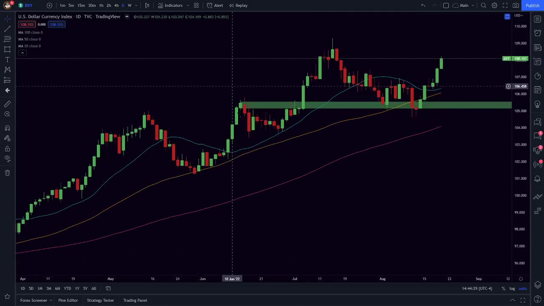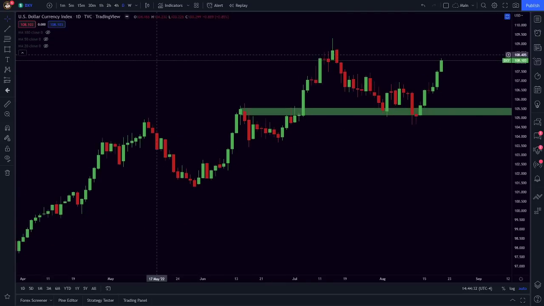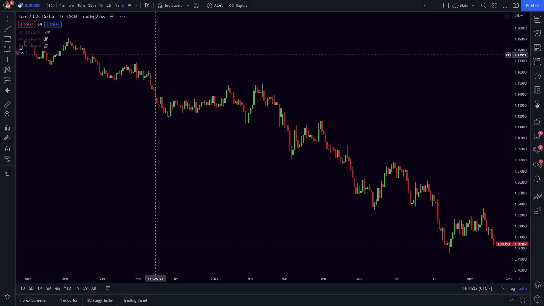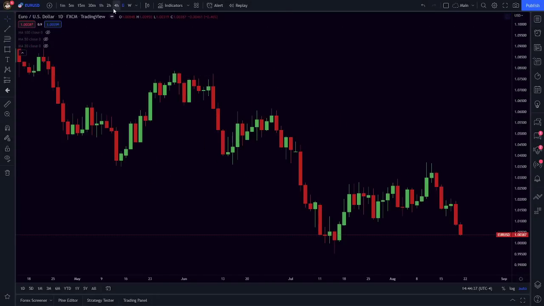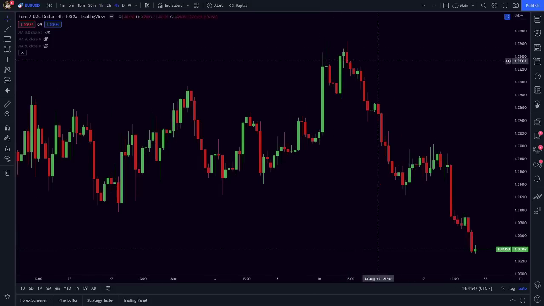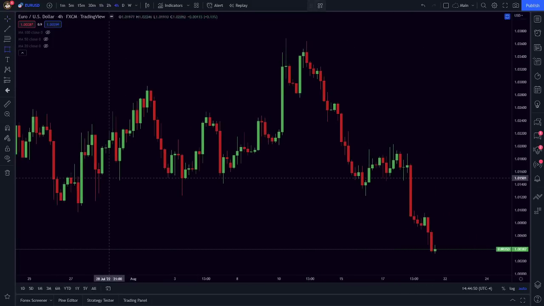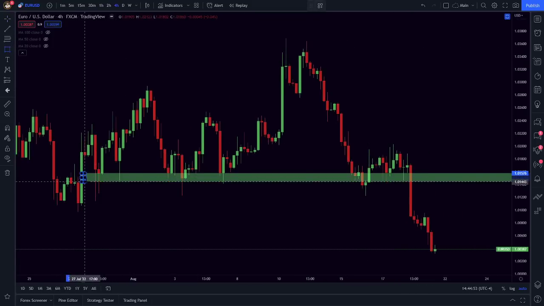And so now let's go take a look at some individual crosses with the US dollar involved. For example, we'll start at Euro USD. So here's the Euro on the daily time frame. And if we start dropping it down, you can see it's obviously pretty much inverted to the DXY, or the US dollar. The Euro dollar is down and we're expecting a trend continuation here until further notice. In fact, one spot that we made a major breakthrough on last week was right around the 1.015. You can see what was support actually came into very strong seller control once we dropped with this big red candle. So for me, if price does decide to pull back here this week, that could be a